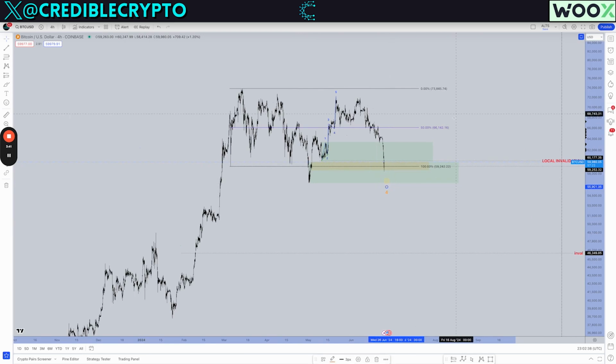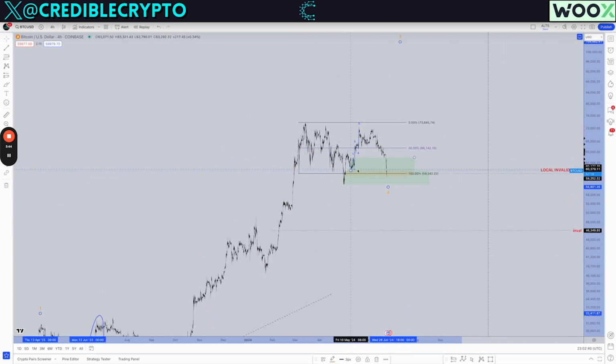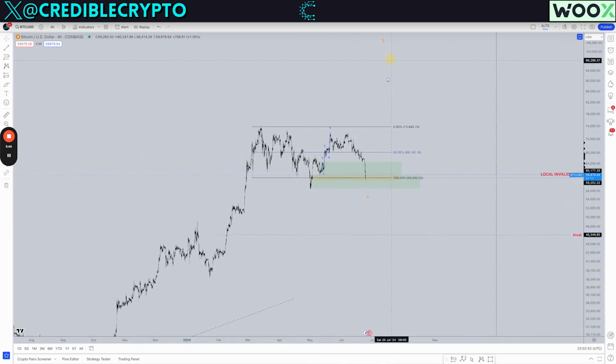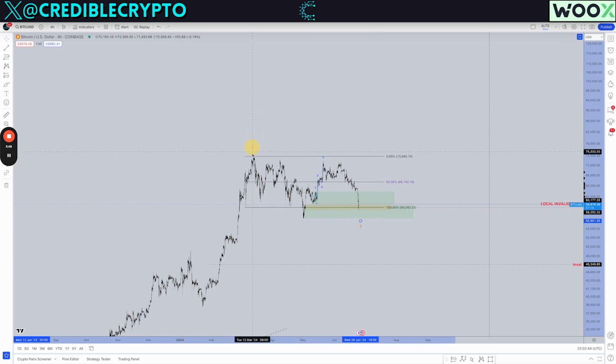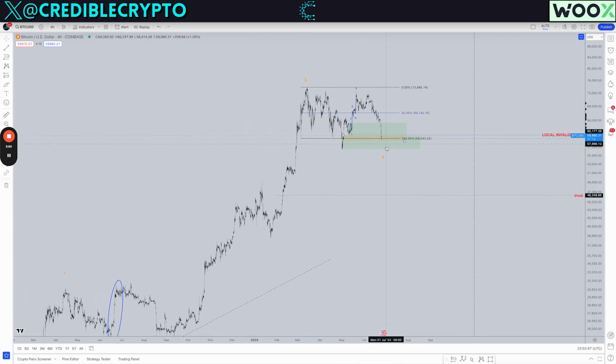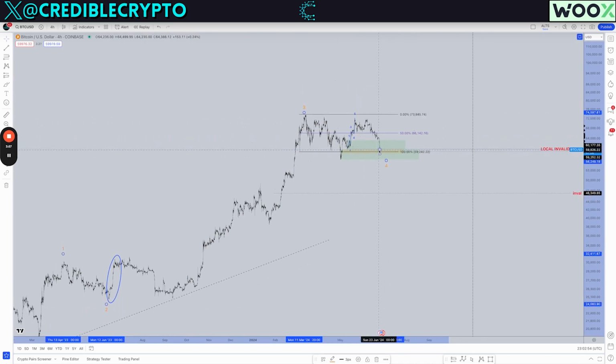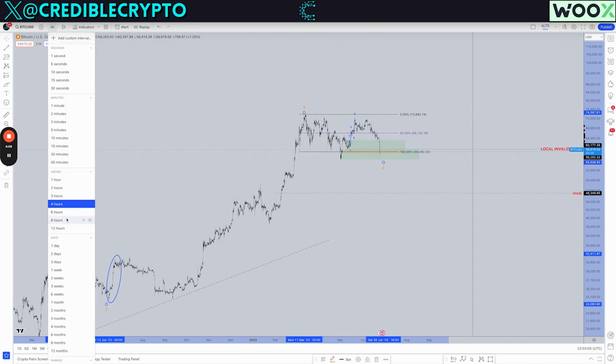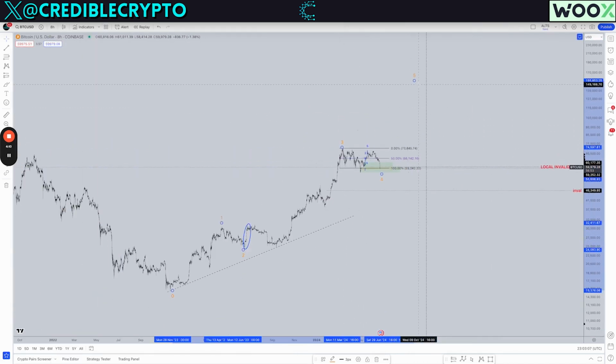It's still in progress. And the fifth wave that I believed had started off of these lows has not quite yet begun, okay? Like I said in that video, before we even got this breakdown, I was already starting to lean towards this being our larger fourth based on the amount of time that had elapsed. But now that we've actually broken this level here and this correction has become even larger, it only further solidifies the idea that I shared in the video yesterday that this is in fact our larger fourth playing out here. And what comes next is going to be our final fifth.